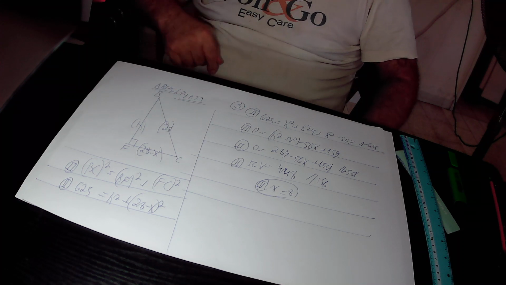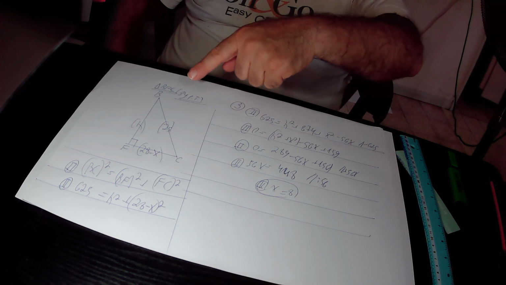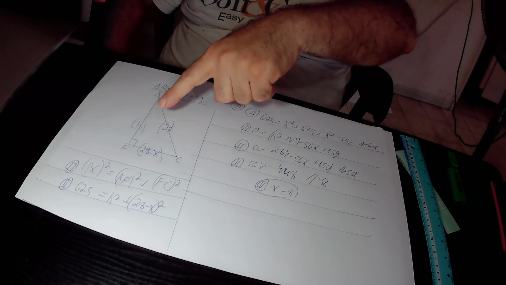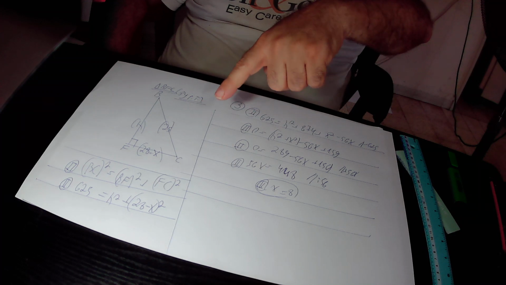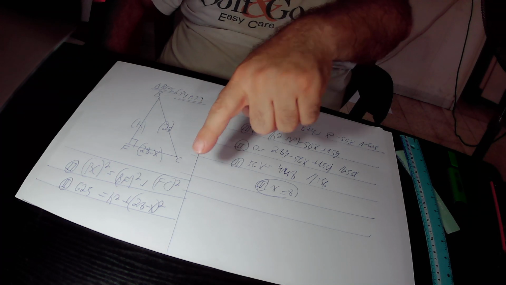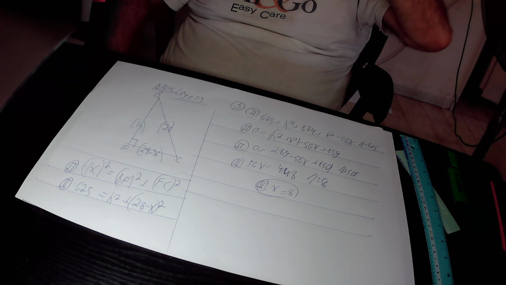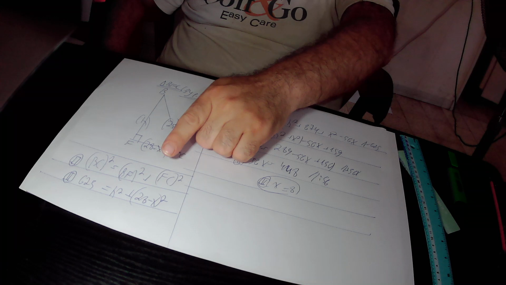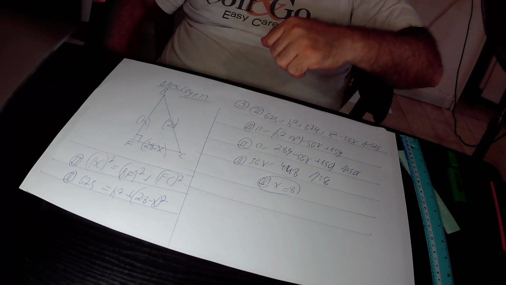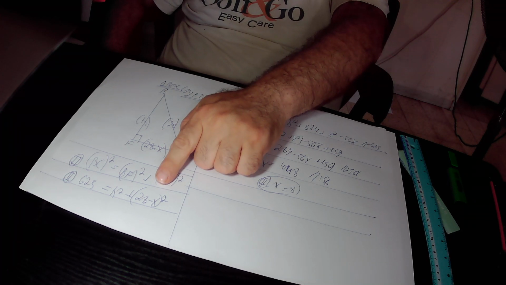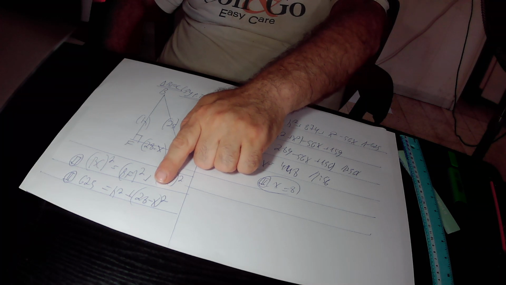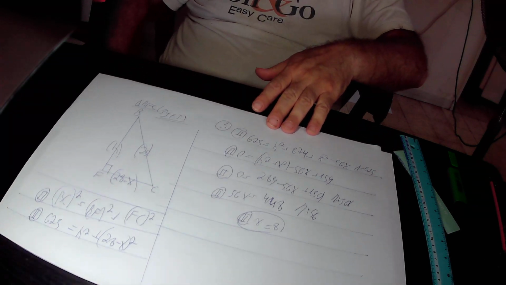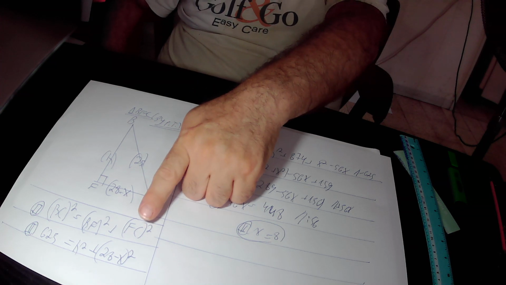plus FC squared. BC is 25, therefore BC squared is 25 squared, that is 625, and it equals BF squared. BF is 8, therefore BF squared is 8 squared, plus FC squared. FC is 28 minus x, therefore FC squared is 28 minus x squared. So according to equation 2, 625 equals 8 squared plus 28 minus x squared. Here, open the brackets of this equation,